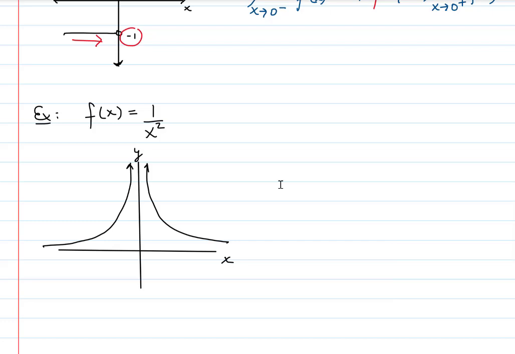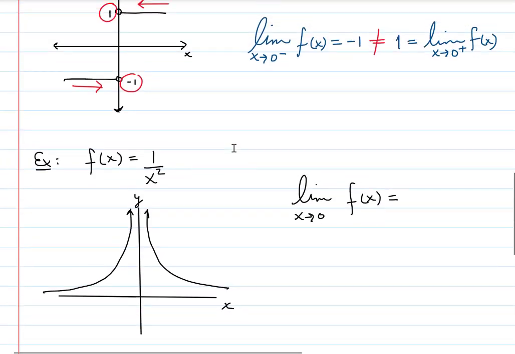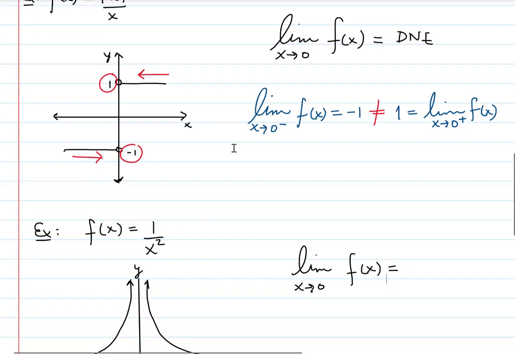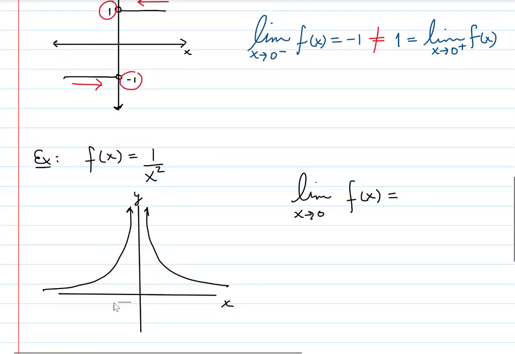If we graph this, it's another rational function, and we get the following graph. Notice that if we were to find the limit as x goes to 0 of f of x, in this case we don't have the problem we had before where the one-sided limits went to different numbers. As x gets closer to 0 from the left and also from the right, notice how the function is going to the same place, which in this case is infinity. Infinity is not a real number. Therefore,